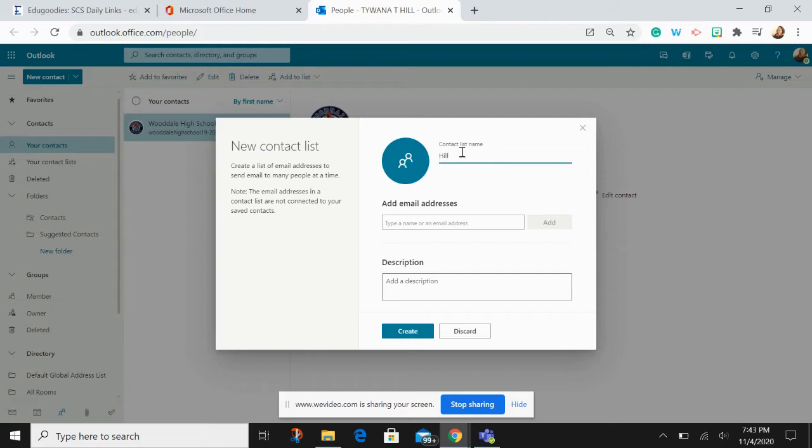I'm going to name my list Heal, and then I'm going to name it Honors Algebra 2. I'm going to name it Heal because that way it'll be easy for me to find when I get ready to search for it in the Sender tab. So I'm going to give it a description. This is my